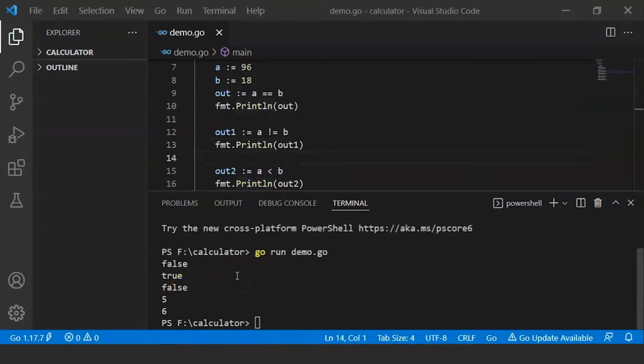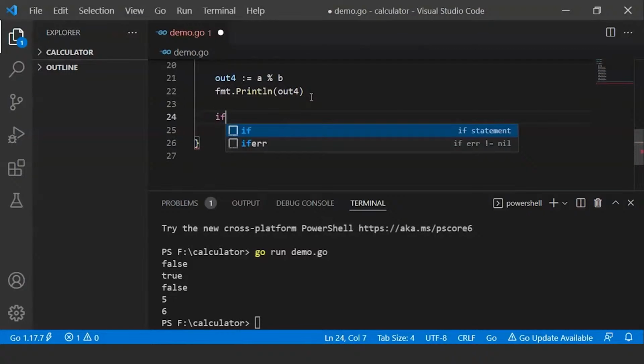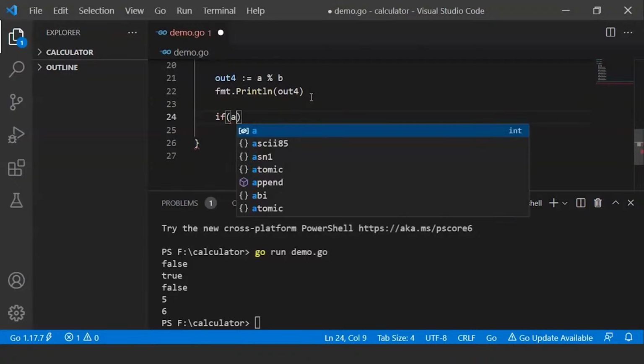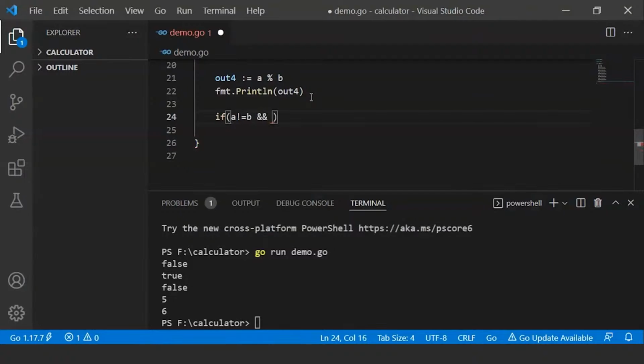Now we will move to logical operators. Logical operators consist of logical AND, logical OR, and logical NOT. We will see the example of logical AND. For that, we will write the statement if A is not equal to B, logical AND A is greater than equal to B, and if the statement is true, we would print out